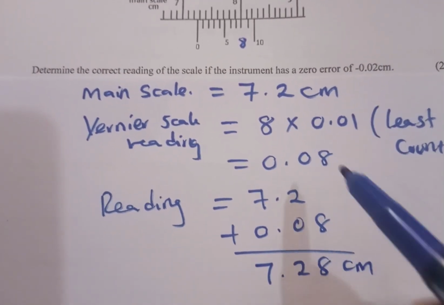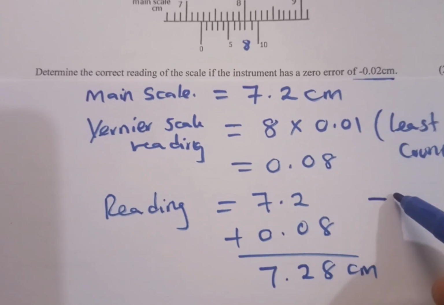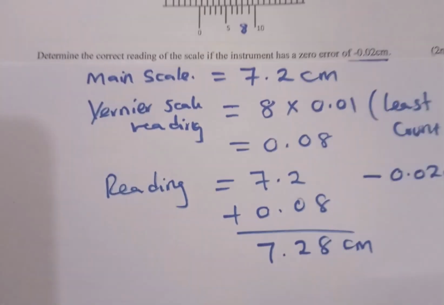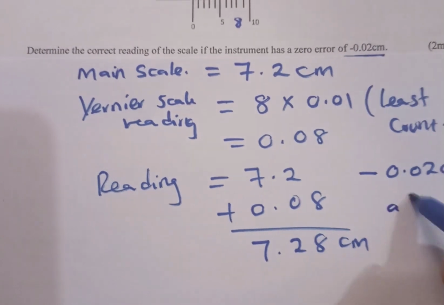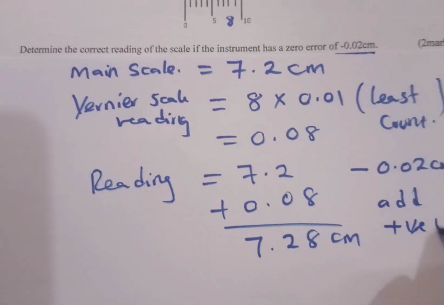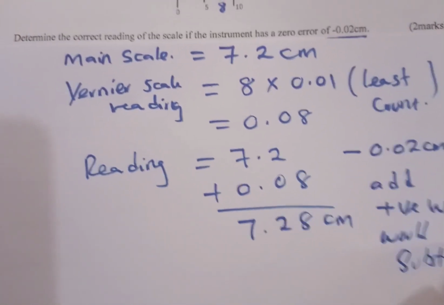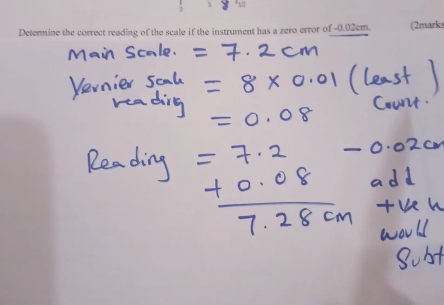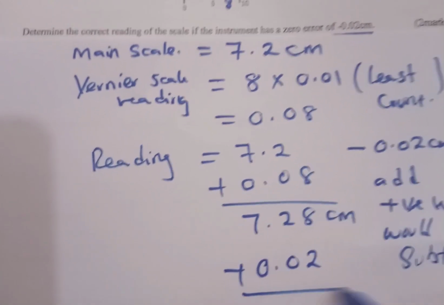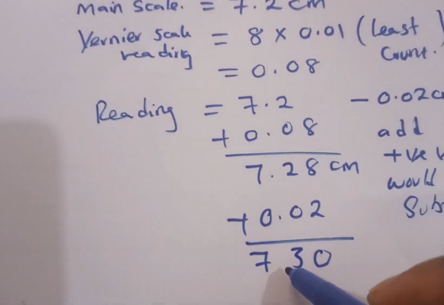But again, this instrument had a negative error of 0.02, and as I said earlier, a negative error is corrected by adding, while a positive error is corrected by subtracting. So this is a negative error, so we are going to add 0.02 to the reading we have already obtained, 7.28, to get 7.30, and that will be the final reading, 7.30